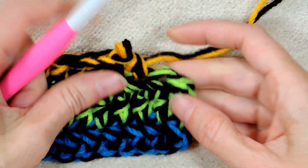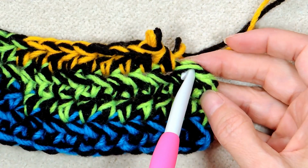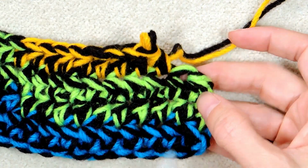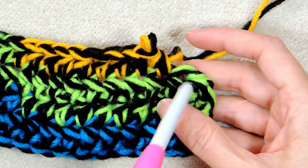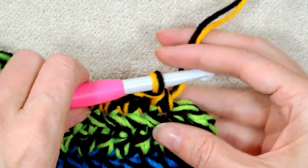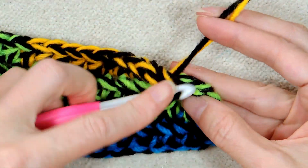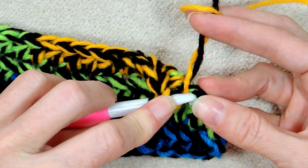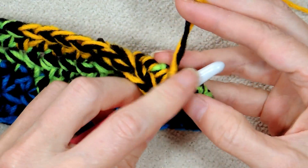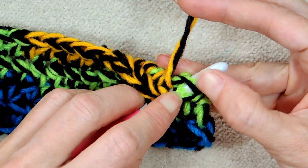Let me undo that one. You can see that one's a stitch, and you know that that one's a stitch because it looks like a stitch and you can see the hole and everything. This guy here is also a stitch. You always have to go into that one. So you go into the one that you recognize, and then wrap your yarn and go into this guy. There is a stitch there, and you can see I have the 4 loops on my hook,